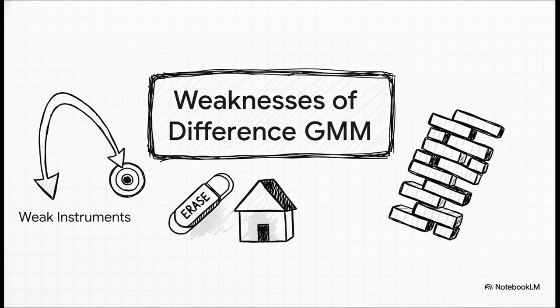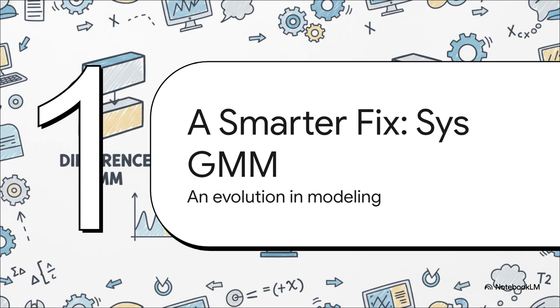On top of that, that differencing trick we talked about completely erases any information about things that don't change over time, and it has a tough time with messy, real-world data that has gaps in it. Now, these weaknesses didn't signal a dead end. Not at all. Instead, they actually sparked an evolution in thinking, which led to a much smarter and way more